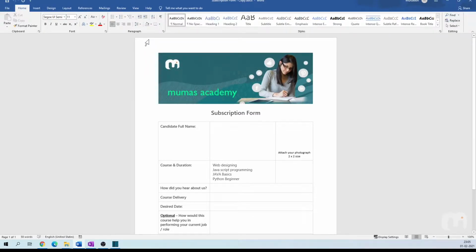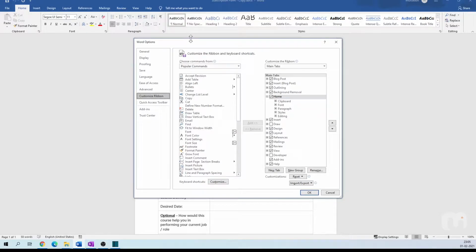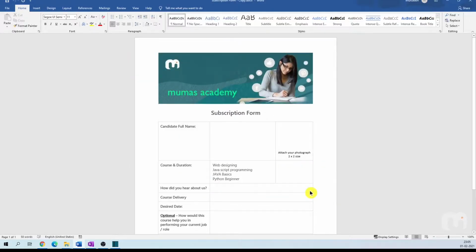To create a form, we need to turn on a new tab on the top ribbon. To do that, let's hover over the ribbon and then right click anywhere in the ribbon. When you right click, the context menu appears and right in the middle there is an option to customize the ribbon. Let's click on that. This opens a dialog box where we can customize the ribbon, and over on the right hand side you see most of the tabs are turned on by default. To create a form, let's check the developer option to make sure that's turned on and then click on OK. We now have a new option appear on the top tabs called developer.